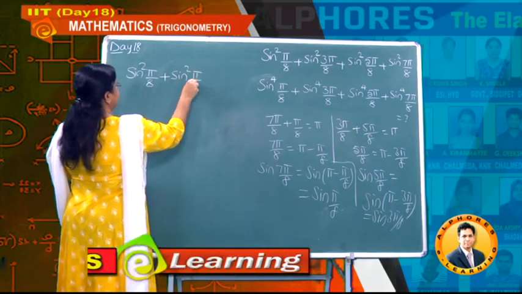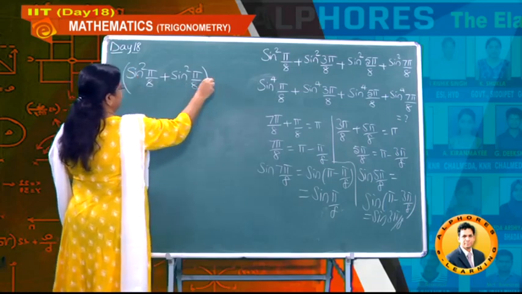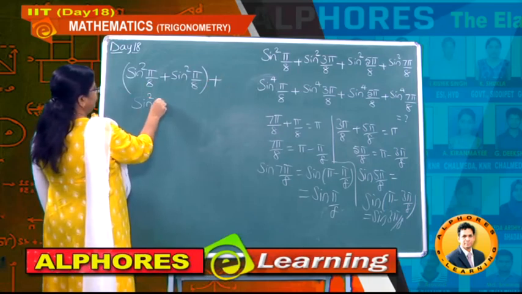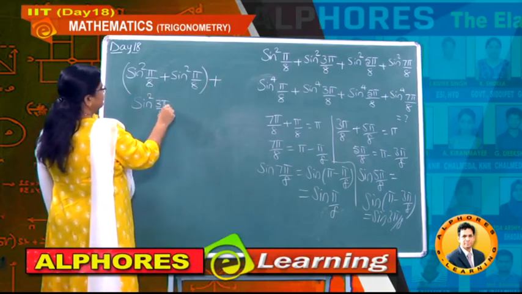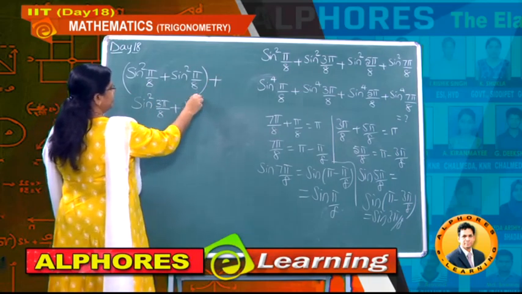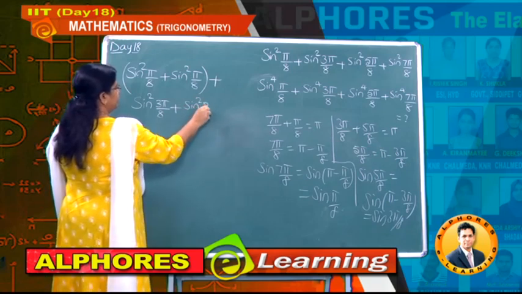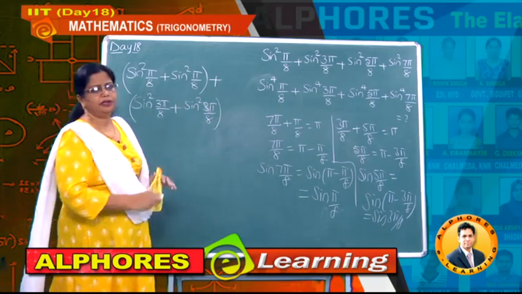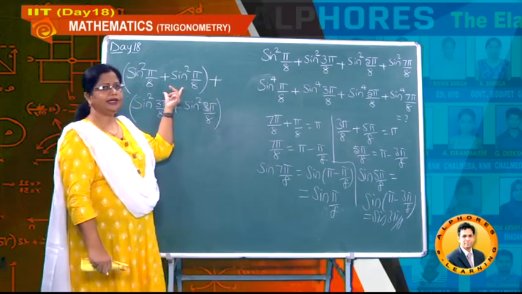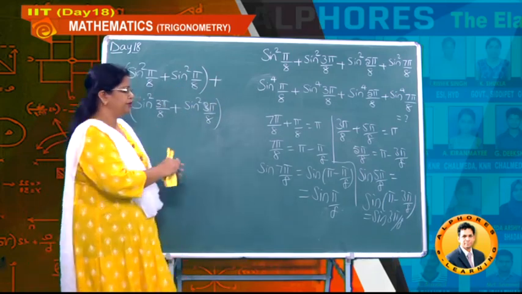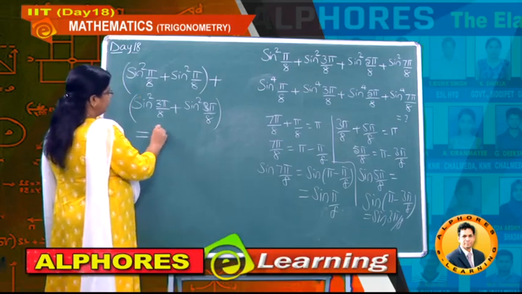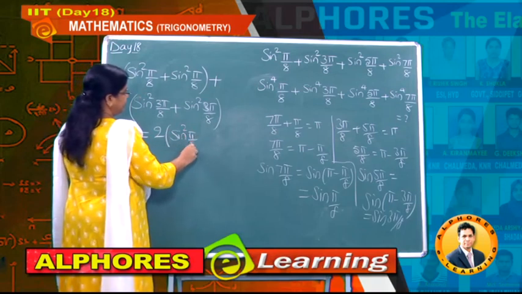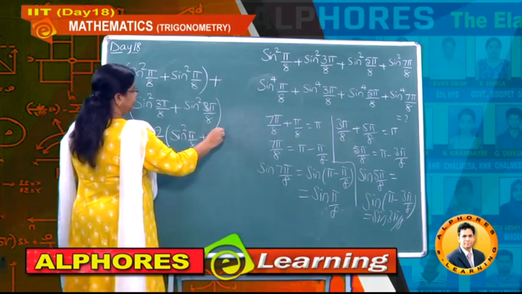These are the first term and last term. Now plus the second term, sine square 3 pi by 8, and what is the other value you got, student? It is sine square, again you got this as 3 pi by 8. Up to here you got that this appears 2 times and this value also 2 times. Therefore I am writing 2 into sine square pi by 8 plus sine square 3 pi by 8.